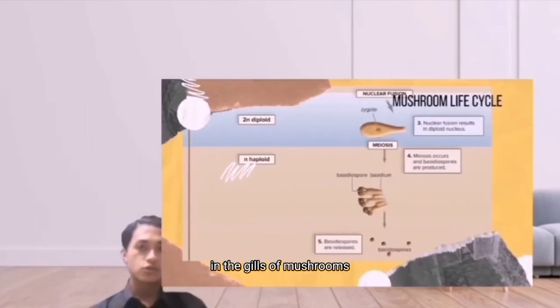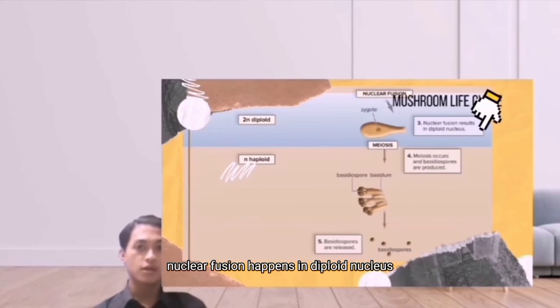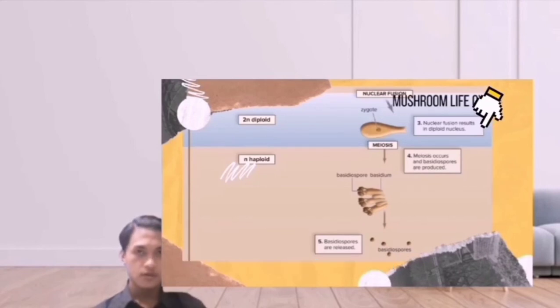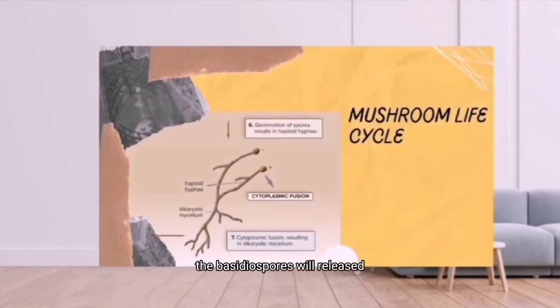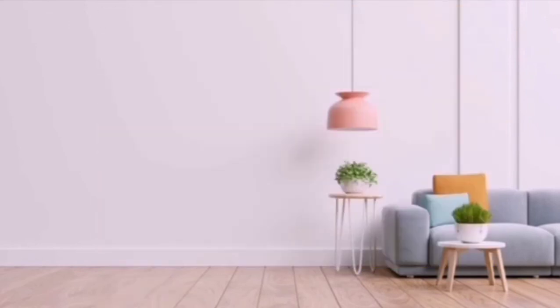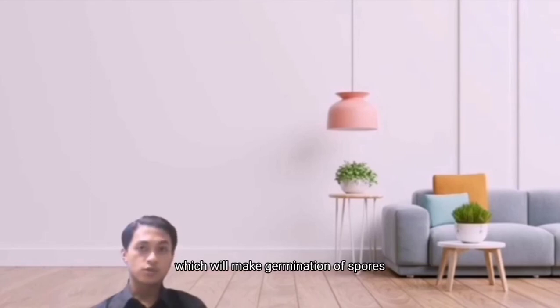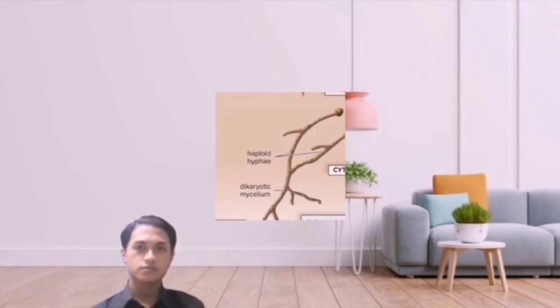In the gills of mushrooms, nuclear fusion happens, forming a diploid nucleus. After that, meiosis will occur and basidiospores are produced. After the basidiospores are produced, the basidiospores will be released, and the germination of spores results in haploid hyphae. After that, the cytoplasmic fusion resulting in the